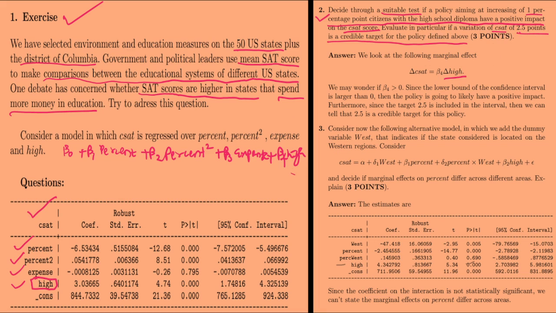So our relevant coefficient is beta 4. Any change in CSAT is equal to the coefficient beta 4 times the change in this variable. So if beta 4 is greater than 0,